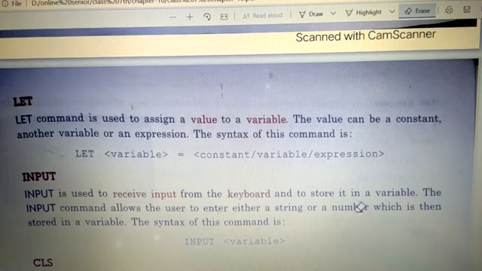And it will be stored in a variable. The input command allows the user to enter either a string or a number. So we can use a string or a number, and it will be stored in a variable, and whatever we want to do with that thing, we can do, like if we want to print it, right, like that.